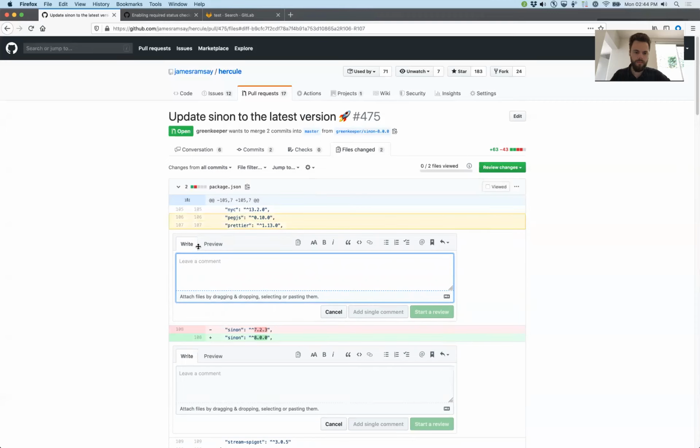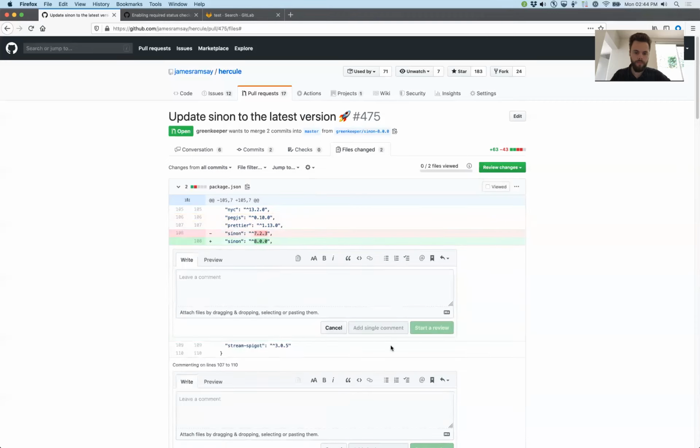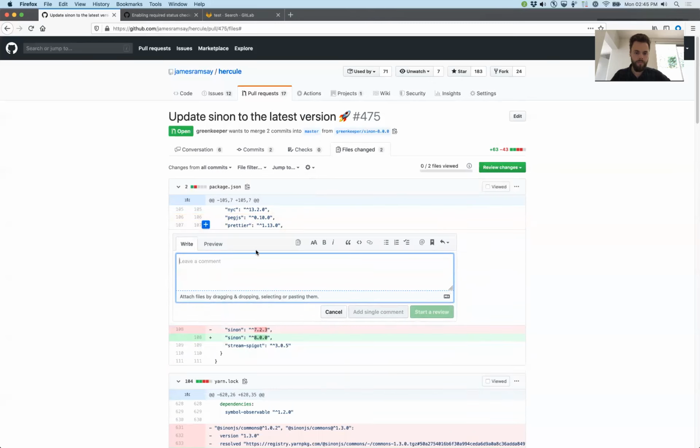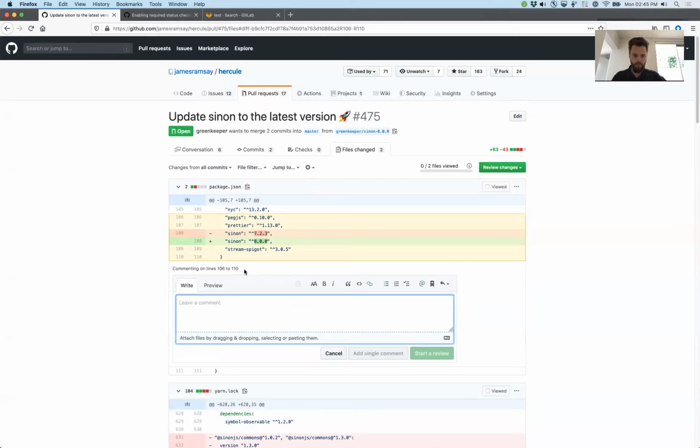That's a bit weird. Cancel. So if I do that, the plus button appears on every row, but I have to click on the bottom row to comment on the entire range. Okay. And then